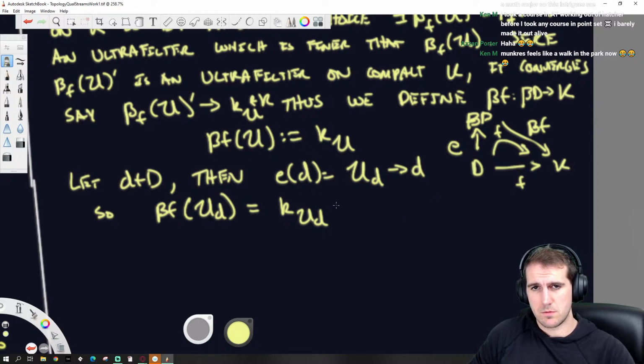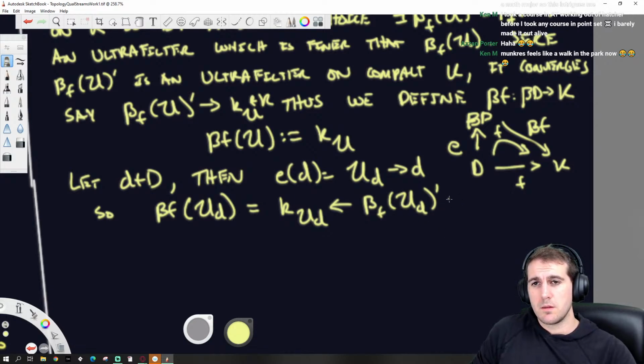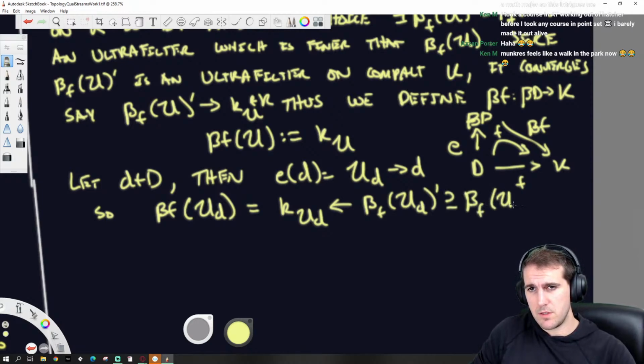This is what beta sub f of u_d prime goes to, but this is equal to the completion of the coarser filter beta f of u_d, and this coarser filter has a cluster point